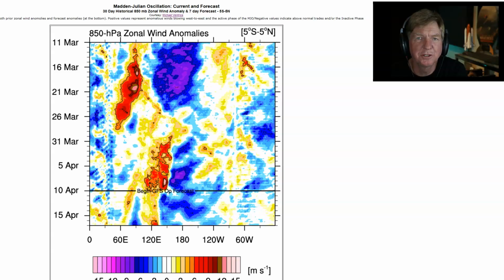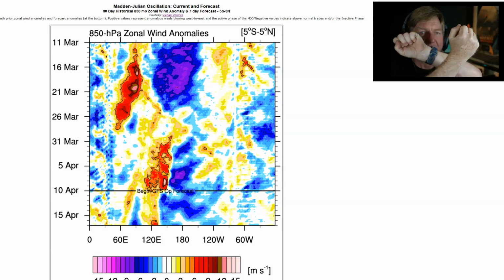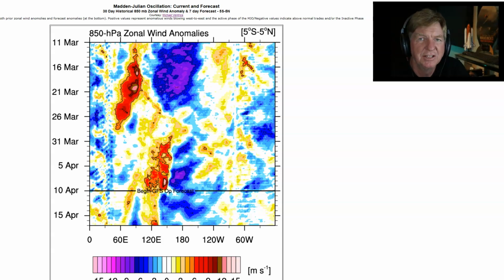All right, so first we're going to look for signs of the active phase of the MJO, the Madden Julian Oscillation. There's 2 phases, active and inactive. When the active phase is on one side of the planet, the inactive phase is on the other, they rotate around the planet from west to east on the equator. The active phase is effectively a low pressure system. When it moves over the Pacific, and it takes about 4 to 5 weeks to traverse from the West Pacific to the East Pacific, it actually imparts energy to the jet stream, both in the northern and southern hemisphere. That in turn feeds energy to the jet stream, which then can support trough development and support storm development,